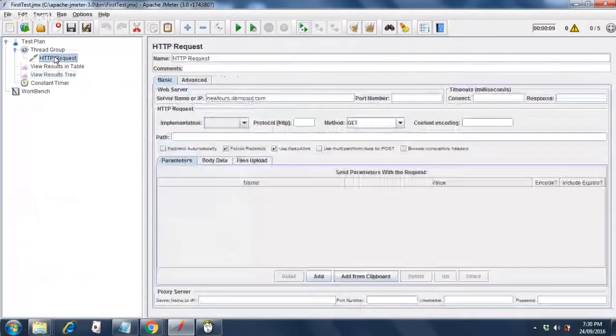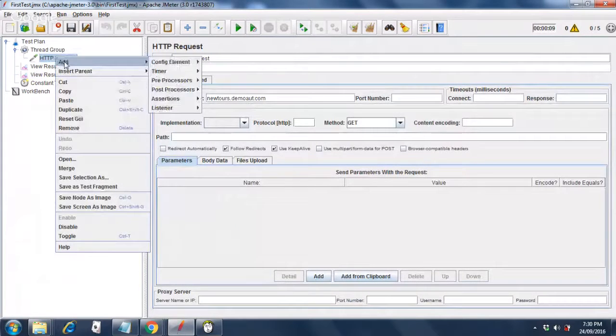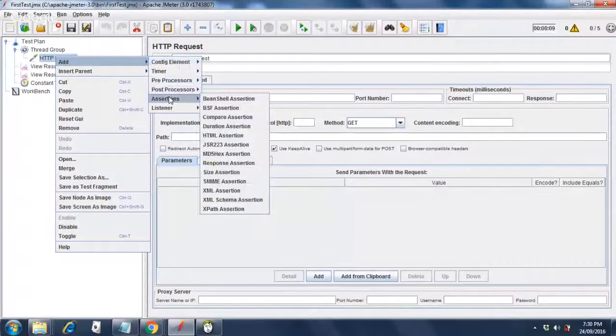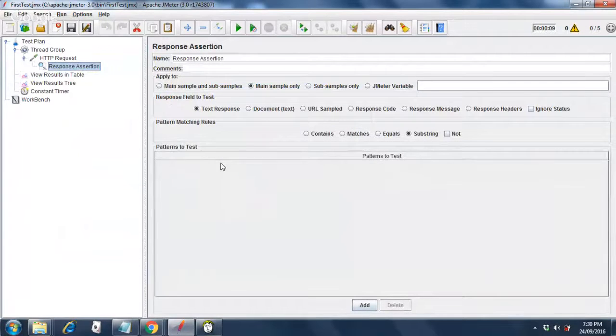You can put the assertion under an HTTP request, or at a test plan level or a thread group level. Anything, it's up to you. Let's start with a simple assertion, that is a response assertion. A response assertion will check whether the response code that you get in the response is 200 or something else. So let's select the response code, and it contains,